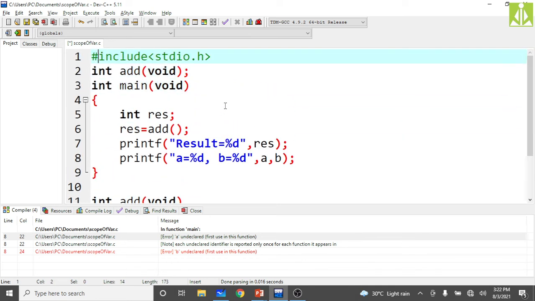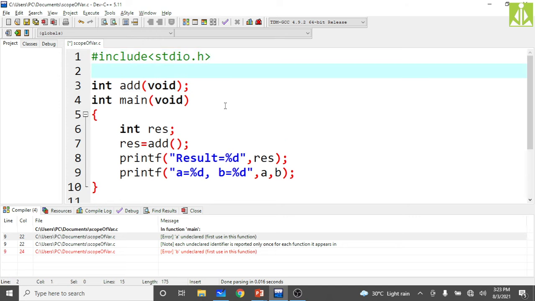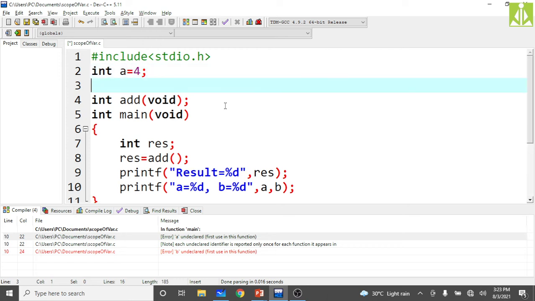Go to the top, before main and before add, and put the global declaration. So what is that? Int a equals 4, int b equals 5. Like this you put the declarations of a comma b.